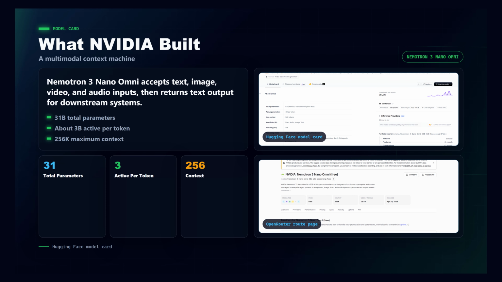NVIDIA describes Nemotron 3 Nano Omni as a perception and context sub-agent for enterprise agent systems. It accepts text, image, video, and audio inputs, and it produces text output. The model card lists 31 billion total parameters, roughly 3 billion active per token, and a 256,000 token maximum context. That shape matters. It is not a browser controller, it is not a test runner, it is a multimodal context